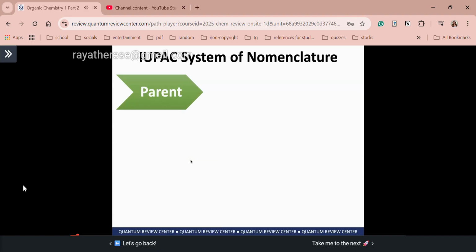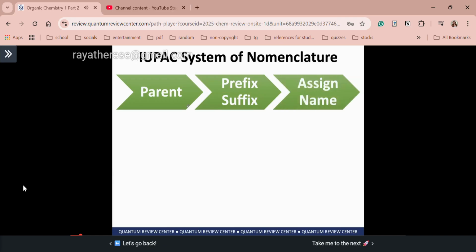Next, after you determine the longest hydrocarbon chain, which will also include your priority functional group, the next thing to do is to examine the substituents in order to know the prefix for substituents and the suffix for your priority functional groups. Sir, do we have prioritization of functional groups? Yes. Sir, are we required to memorize it? Of course, yes. Alright, so don't worry, class. Here, I will emphasize our priority functional groups. Thirdly, after you determine the substituents present and the priority functional group with our parent chain, you can now